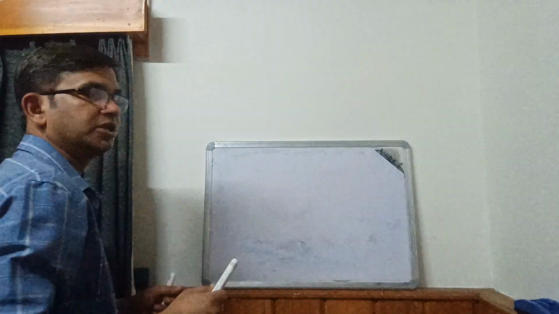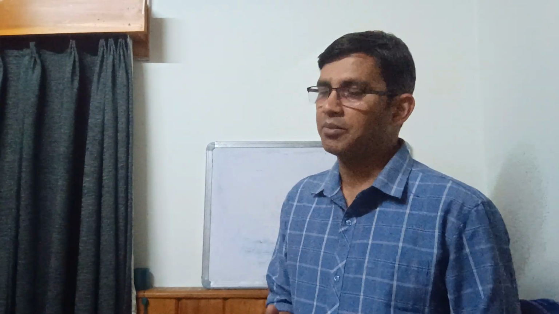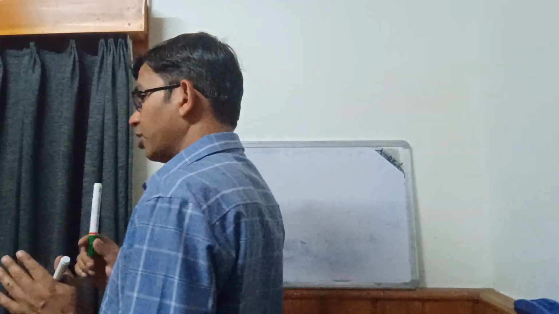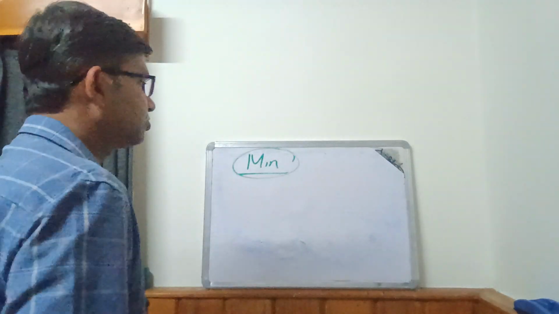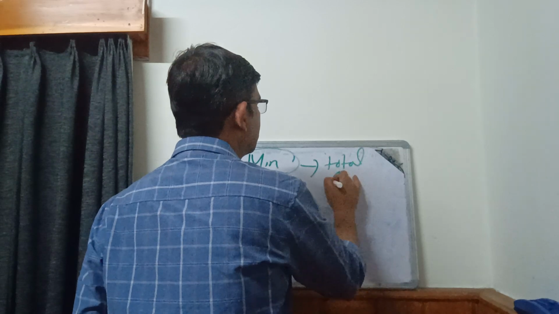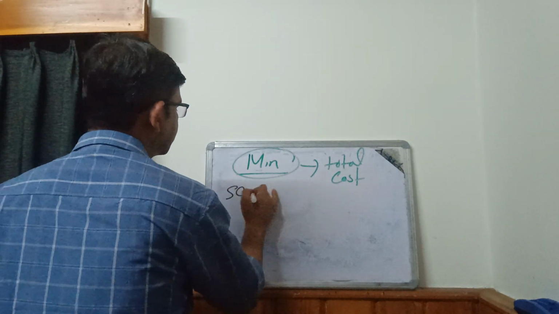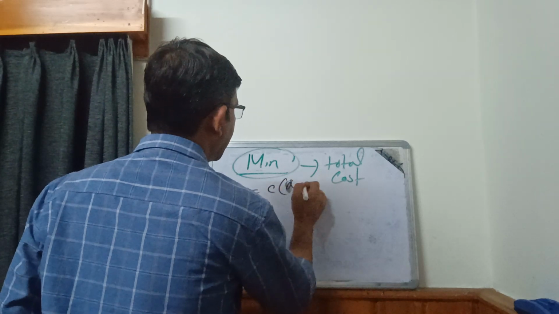Now think about the regulator. So the regulator wants to minimize the total cost. We have to remember that the regulator has to think about the society, the social benefit, social damage, as well as the cost borne by the firm to control pollution, because the firm is also a part of the society. So if we frame the problem, the regulator wants to minimize total cost. Now what will be the total cost? We can write here that social cost is a function of the abatement cost, CA and F,